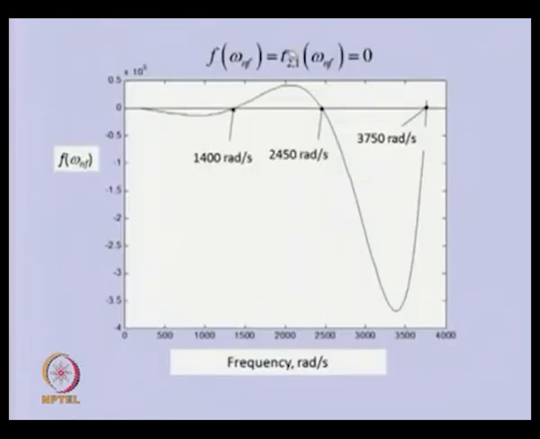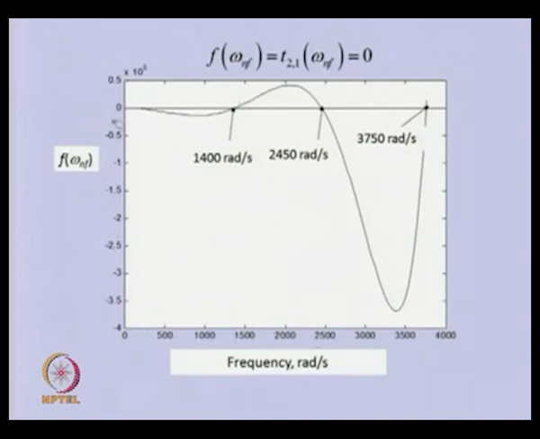For that case, the second row, first column component of the overall transfer matrix gives the frequency equation. If we express this as a function of omega, f, and plot it with respect to omega for various steps,